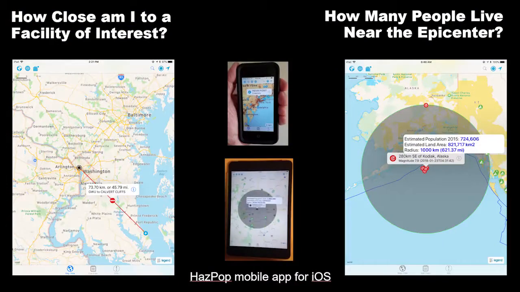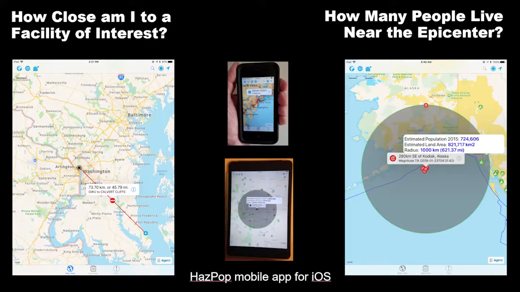Of course, not everybody using this is sitting at a desk with a web browser. How do you give this kind of capability to people out in the field who might be using mobile apps? And also think about how to take advantage of the location services that you get when you're in a mobile platform. So you might be at a point where you want to know the distance away from a facility